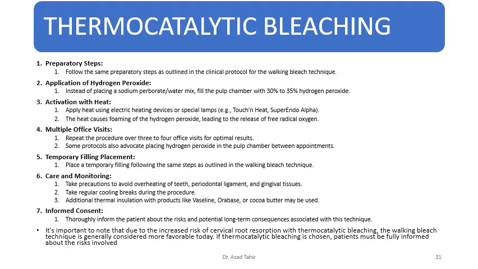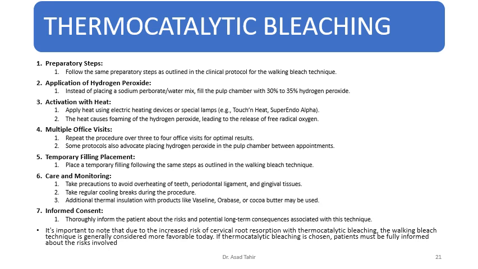Thermocatalytic bleaching, which utilizes heat-activated hydrogen peroxide, has been advocated for its increased bleaching effect in non-vital bleaching of endodontically treated teeth. Here's how it's done. Preparatory steps. Follow the same preparatory steps as outlined in the clinical protocol for the walking bleach technique. Application of hydrogen peroxide. Instead of placing a sodium perborate/water mix, fill the pulp chamber with 30% to 35% hydrogen